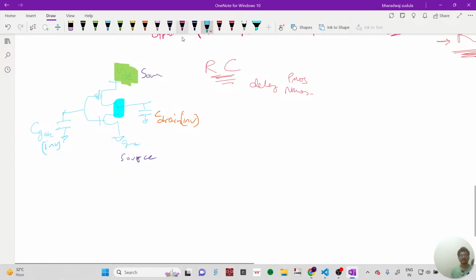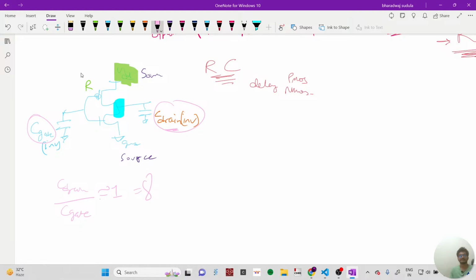So now we need to extract the resistance and these capacitances, right? Also remember that this C drain over C gate, we represent with gamma, is approximately 1. Okay,